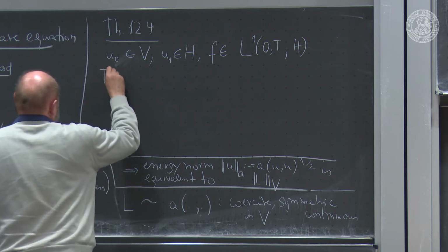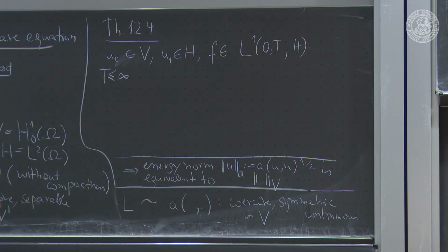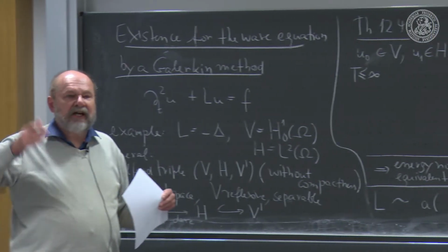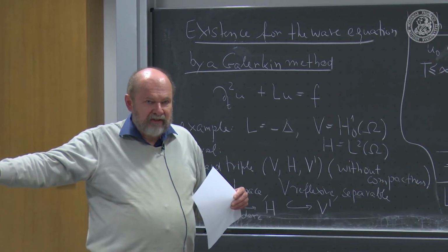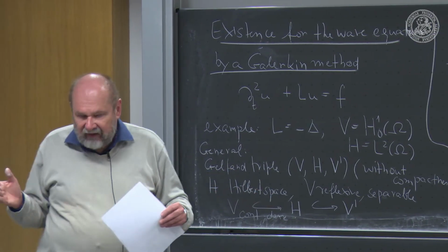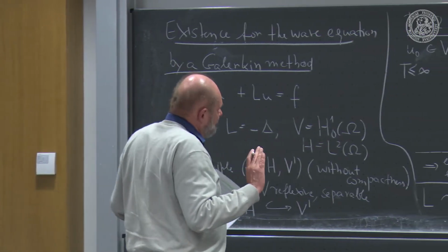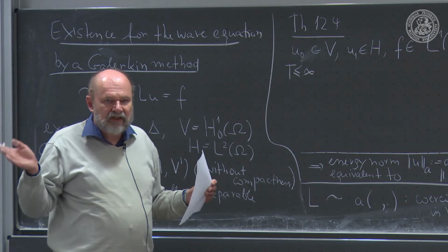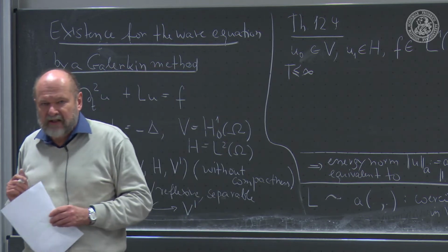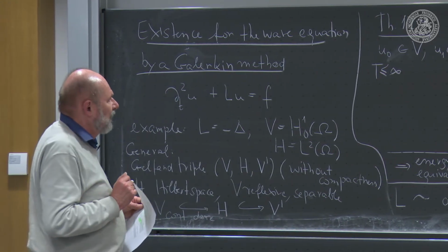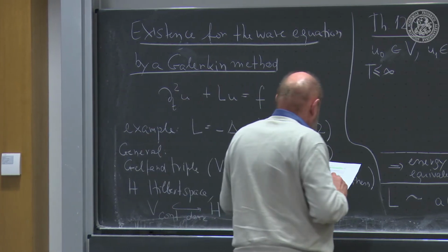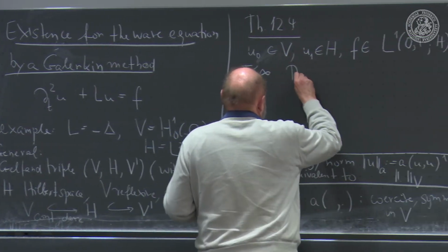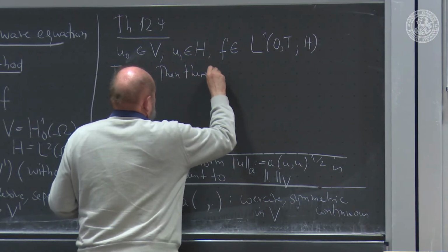We have a T less or equal to infinity. That means we can not only handle an arbitrarily large time interval, we can also handle the whole time horizon up to infinity. The reason for that is that everything will be uniform in time. We don't have this exponential increase as we have it typically in the parabolic situation. So the assertion is then there is a weak solution